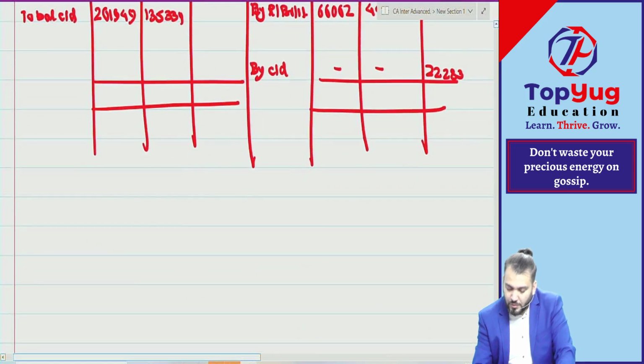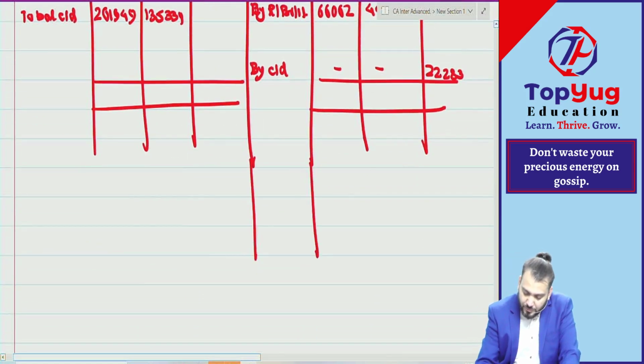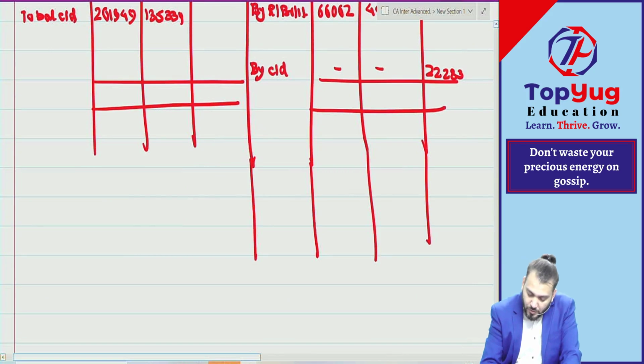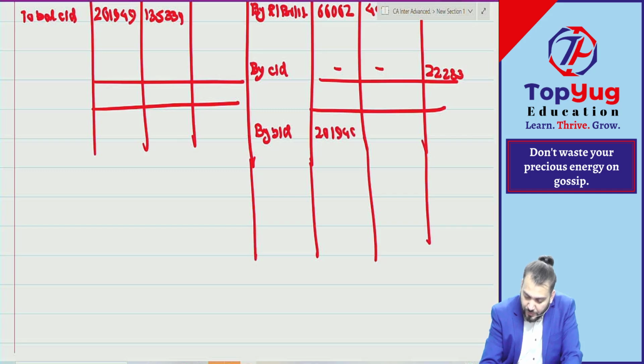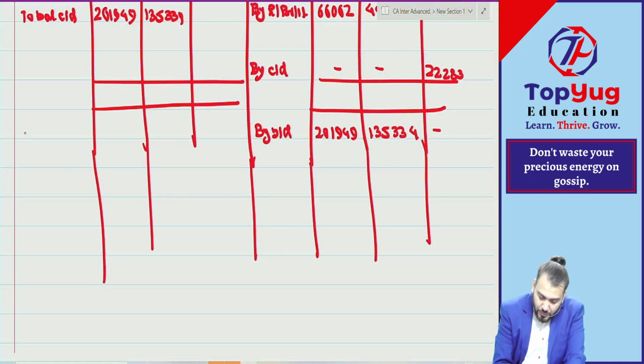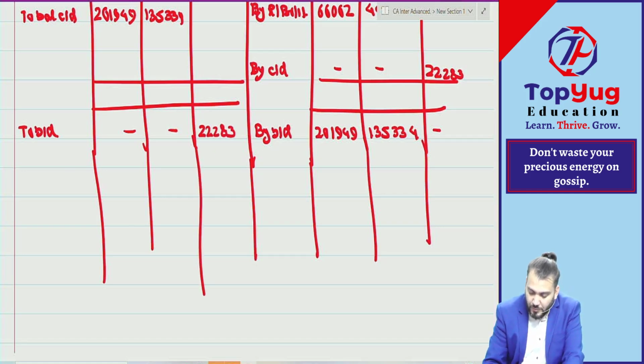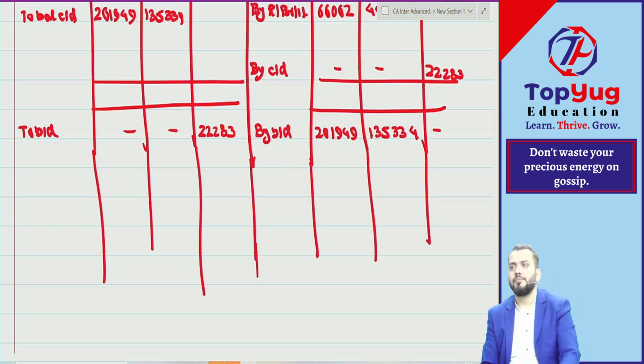Now let us bring down. So by balance brought down how much? 201,949 and 1,35,334, and it is to balance brought down, how much? 22,283. Understood? Now